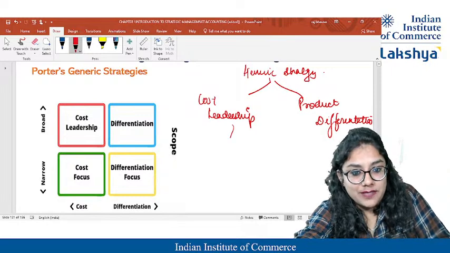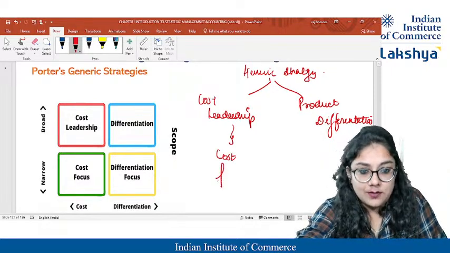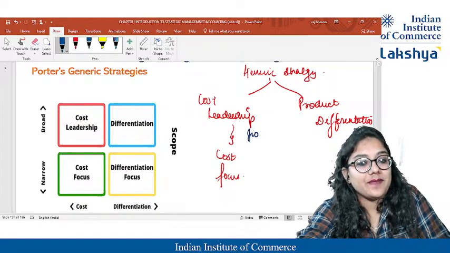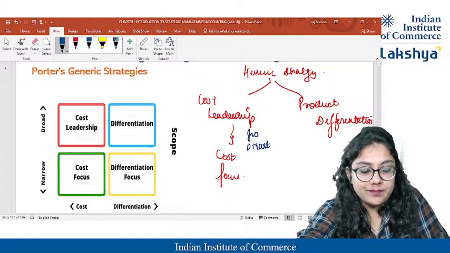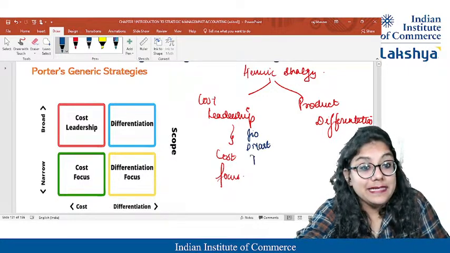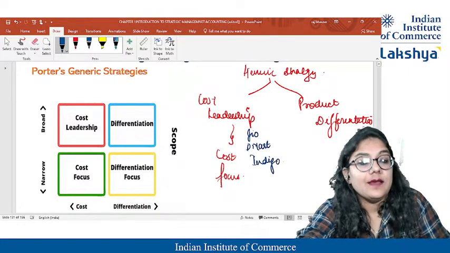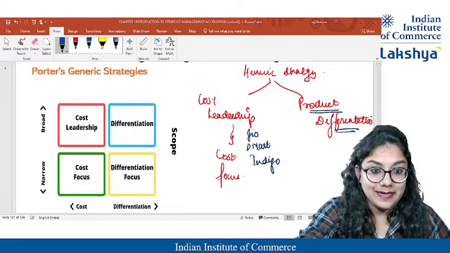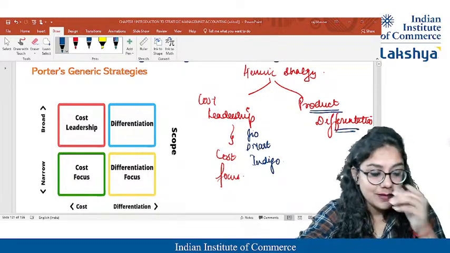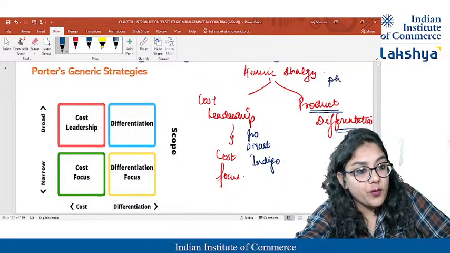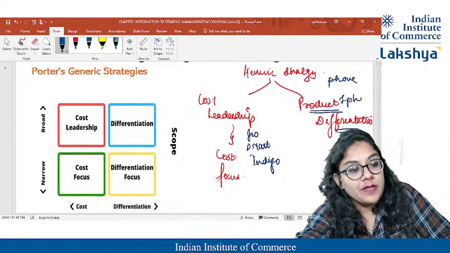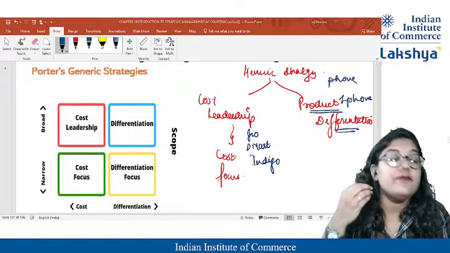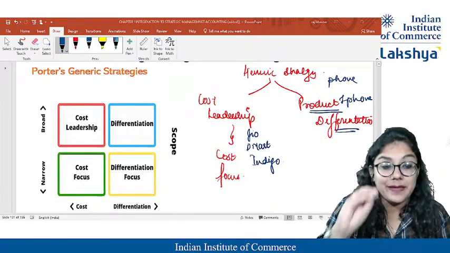So here I'll focus on cost, like Jio, like DMart, or like IndiGo Airlines. Then there is product differentiation, guys. Make your product so different that the other competitors are out. If I'm talking about phones, we know, my God, iPhone. It's not in the position that I can compare Vivo, Oppo, etc. No phone is in the position to even compare with iPhone.